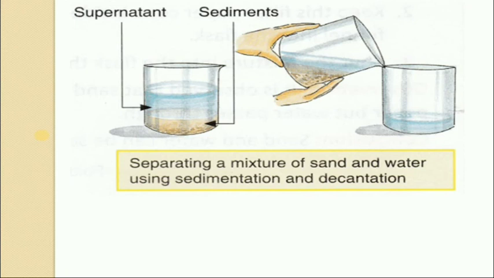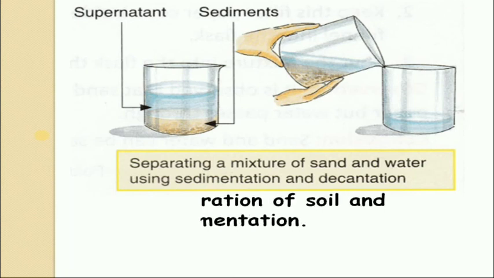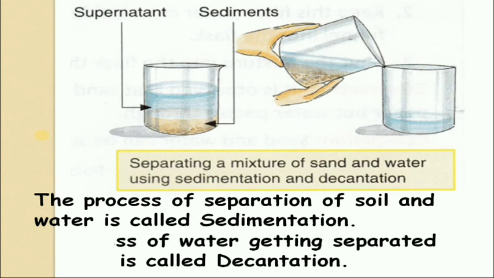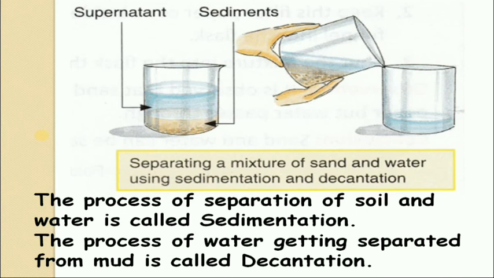Now slowly, without much disturbance, take out the upper layer of the water into another beaker. This process of separating the upper layer of water from the mixture is known as decantation. So the process of separation of soil and water within the beaker is called sedimentation, and the process of water getting separated from the sand or mud